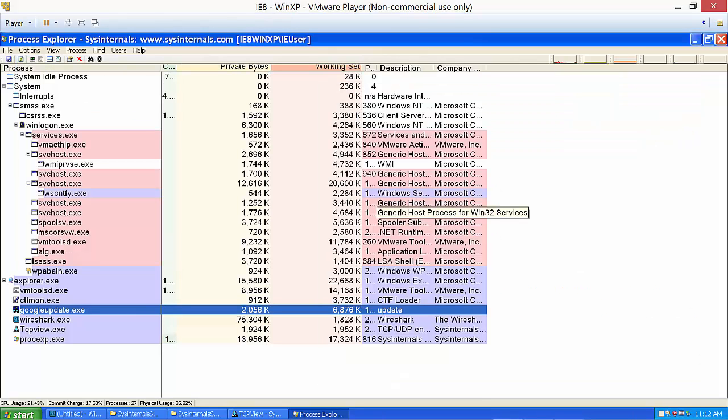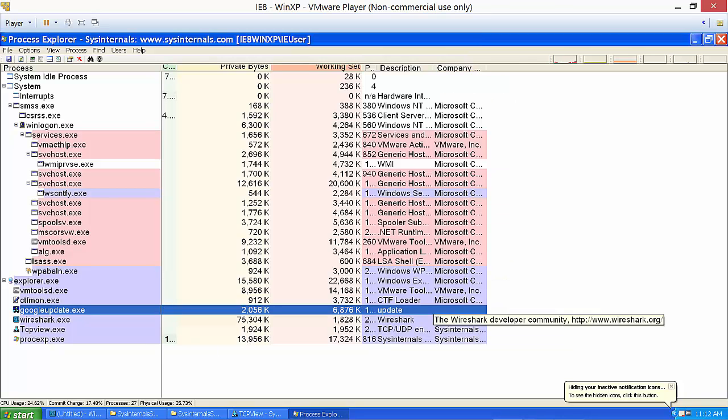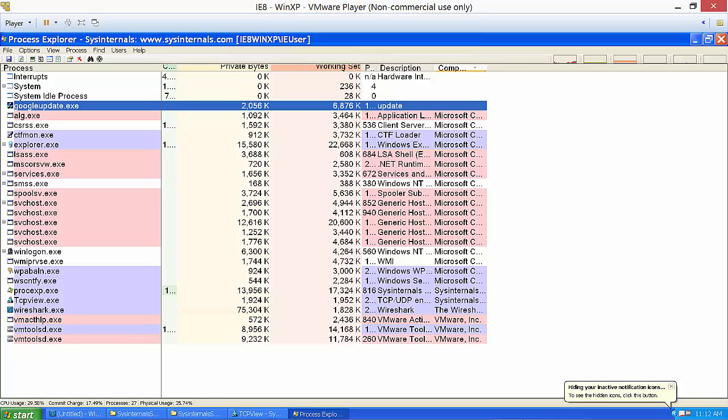Another cool thing about Sysinternals Process Explorer is that we can actually see with this one that this executable is not signed. So you could just sort them by signature, and you can see there are some more processes running up here that are not signed. A good indicator would be that they're not signed. If they're malicious, it's not 100%, but it's a good indicator.